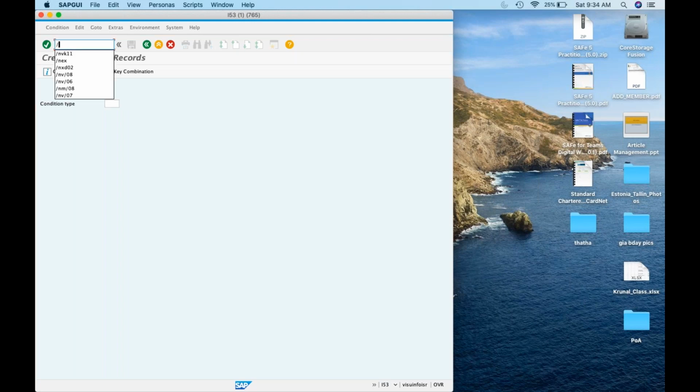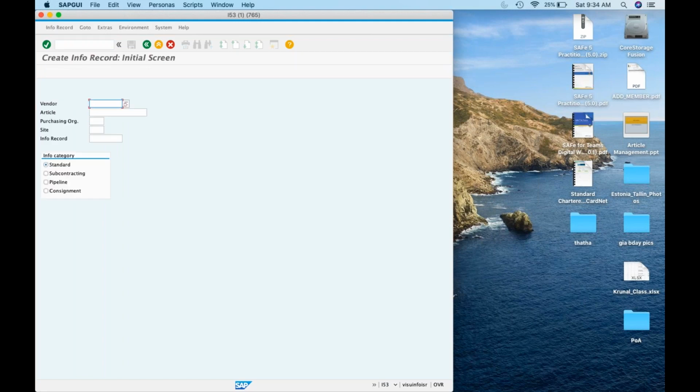And something you call purchase info records. What is that? You can go into ME11 and maintain purchase info records. All the other condition types related to procurement, like procurement discounts and tax, you maintain in the condition records. But what you call a purchase info record is the procurement price of that article. It is actually purchase information record, called purchase info records in short. So it is basically, when you buy this article from this vendor, what is the price? That is the purchase info record.